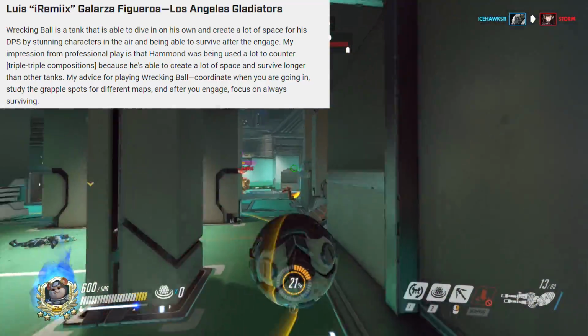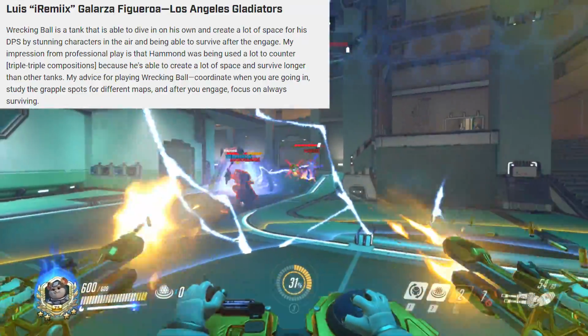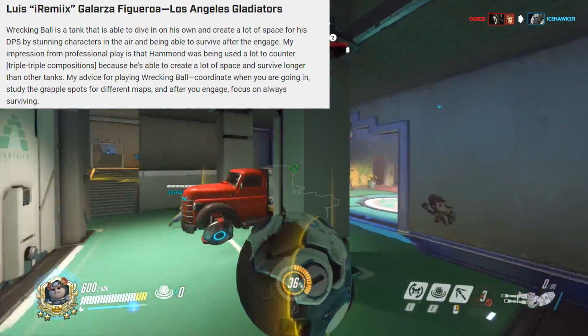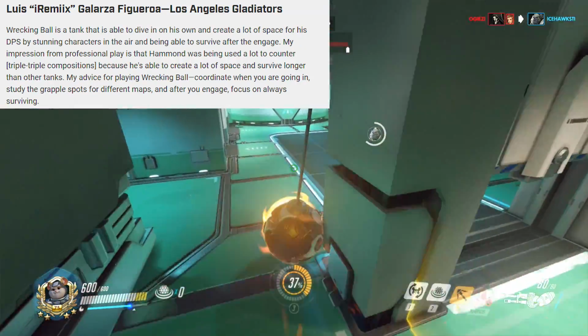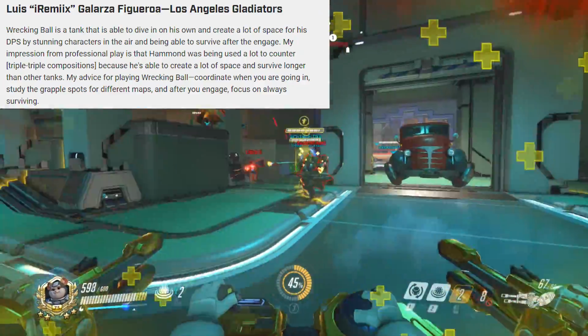My impression from professional play is that Hammond was being used a lot to counter triple compositions. So triple tank, triple support. Because he's able to create a lot of space and survive longer than other tanks, my advice for playing Wrecking Ball: coordinate when you are going in, study the grapple spots for different maps, and after you engage, focus on